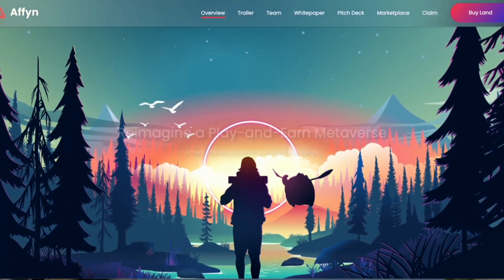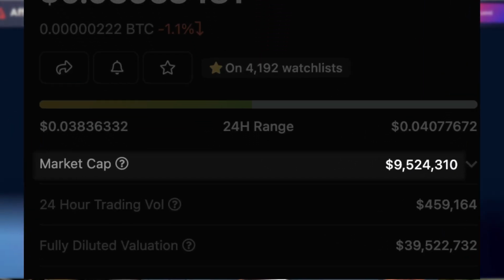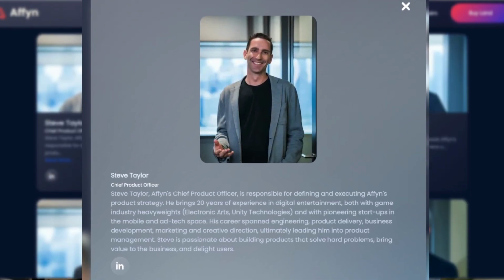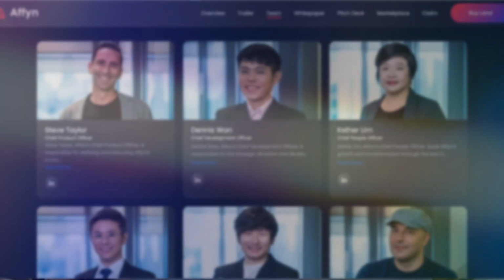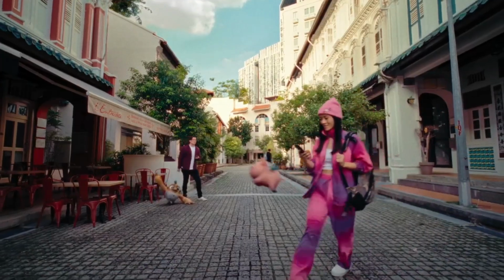So let's go through these 4 tiny market cap cryptos in reverse market cap order from biggest down to the smallest. The first is called Afan. Afan launched in January of 2022. They currently have a $9.5 million market cap and have a very solid looking team. Their chief product officer worked at both EA Games and Unity, and their chief development officer worked at both Disney and Nintendo. They secured $20 million worth of funding and are building a free-to-play, play-to-earn, geolocation-based metaverse that converges the